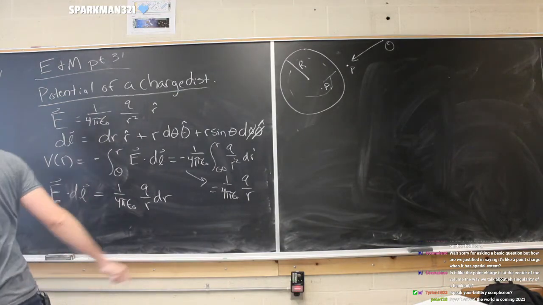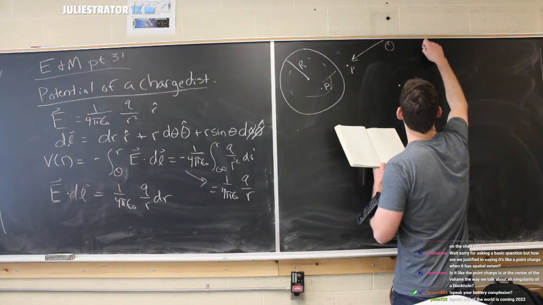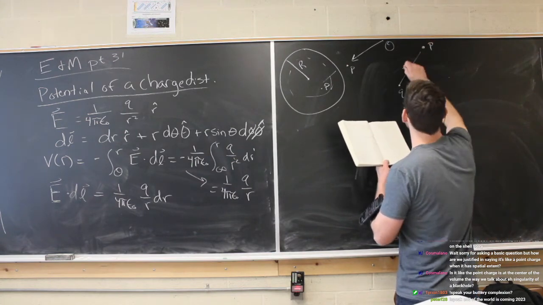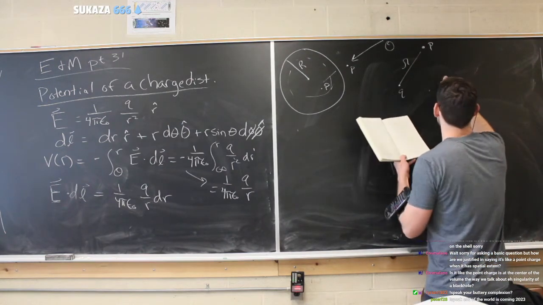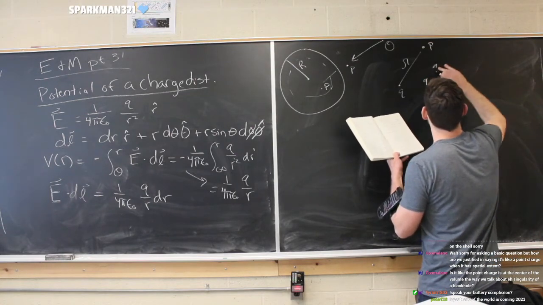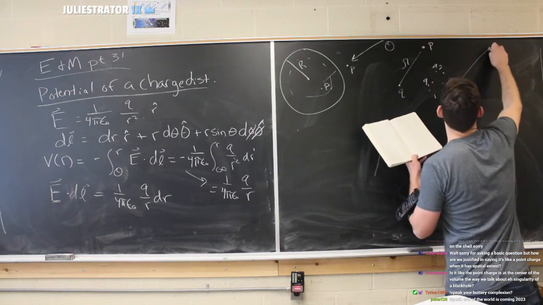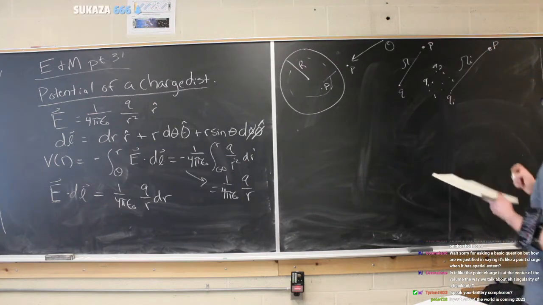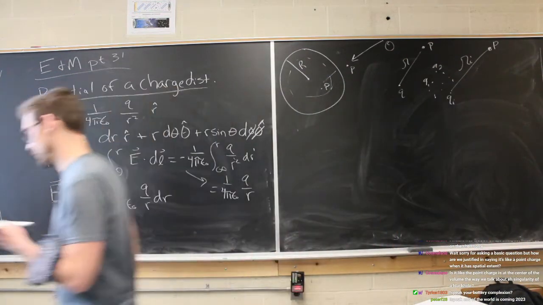Now, if we just have a point charge P and the charge Q, then we'll have some line between the two, and we'll call that R, the radius between the charge and the point of interest. And like I said, we have that law of superposition, so we could consider a bunch of point charges, Q1, Q2, and Qi, each with some R associated with the distance from the charge to the point of interest, and then add up all the potentials.